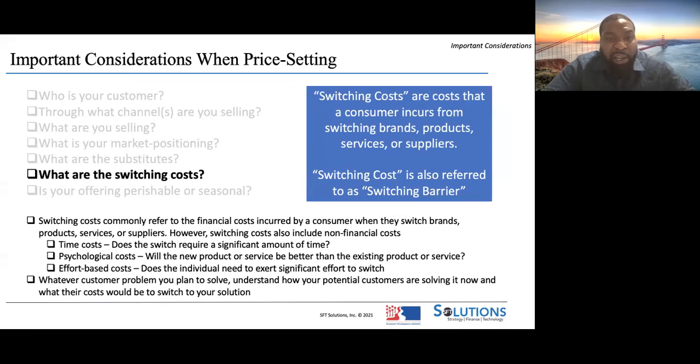Another thing you want to consider when setting your price is the switching costs. We talked about this a little bit before, but what is the cost for the consumer to go get another product, service, or supplier? So switching costs on, say, vehicles are very high, right? To switch from a Honda to a Toyota, you've got to sell your Honda, then get your finances together and go get a Toyota, right? So the switching costs are very high. But say buying a Johnny Cake in the Village, switching costs are very low. So you have to take that into account as you price your Johnny Cake or whatever you're selling in the Village, because literally the consumer can walk from booth to booth to get a better price.